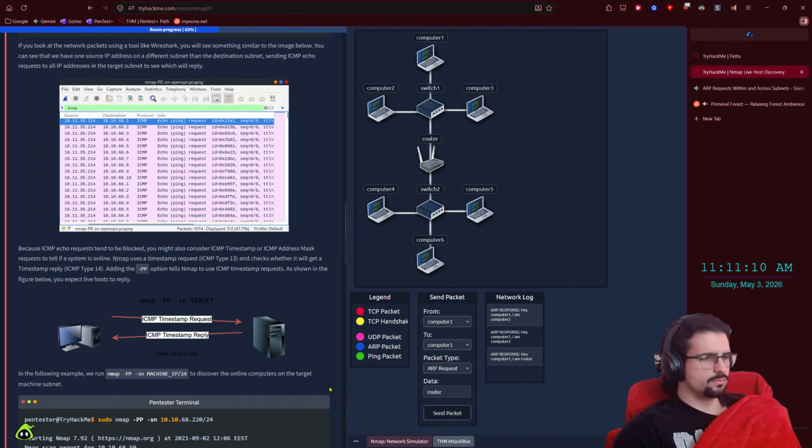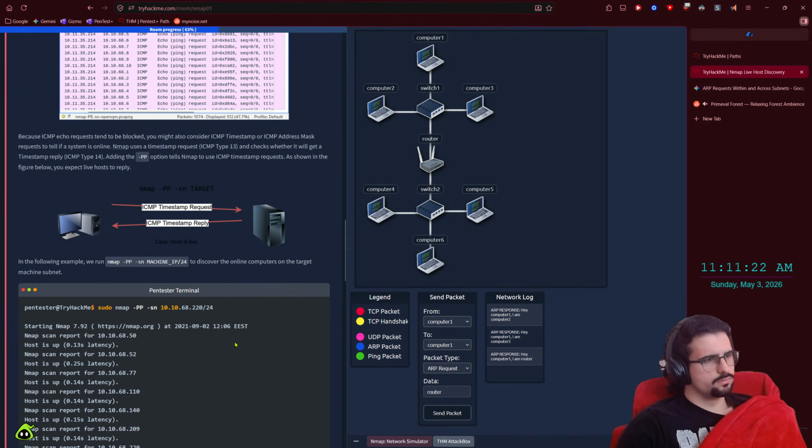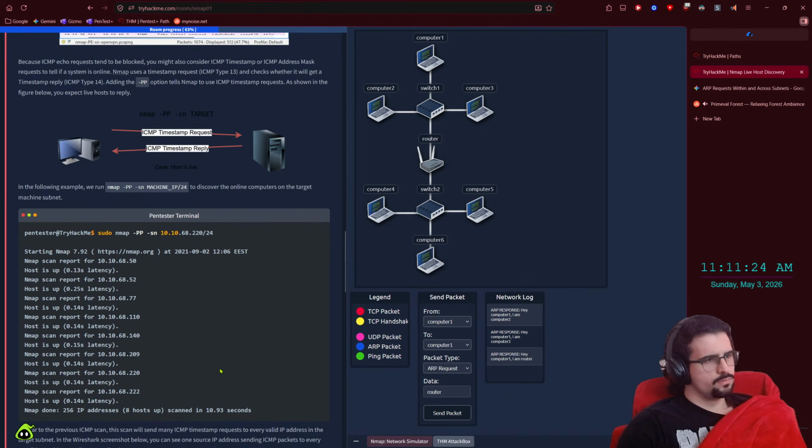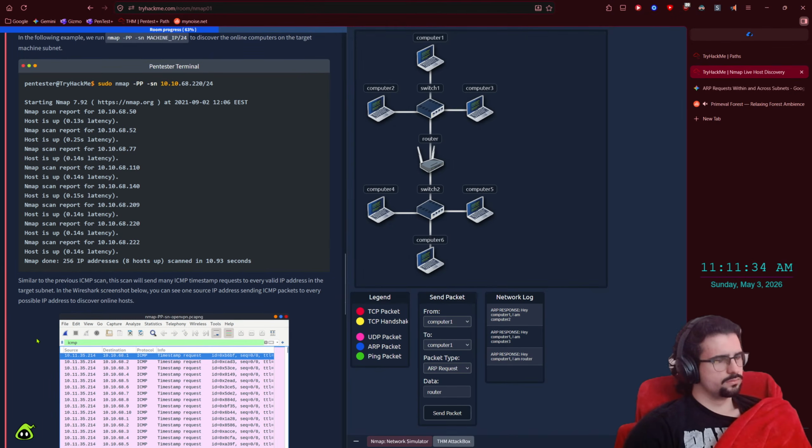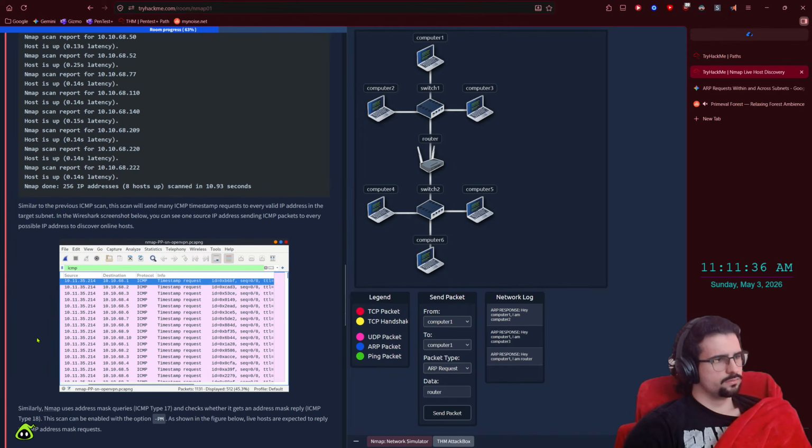Nmap uses a timestamp request, ICMP type 13, and checks whether it will get a timestamp reply, ICMP type 14. Adding the -PP option tells Nmap to use ICMP timestamp requests. As shown in the figure below, you expect live hosts to reply. In the following example, we run nmap -PP -sn MACHINE_IP/24 to discover the online computers on the target subnet. Pentester terminal: pentester@tryhackme$ sudo nmap -PP -sn 10.10.68.220/24